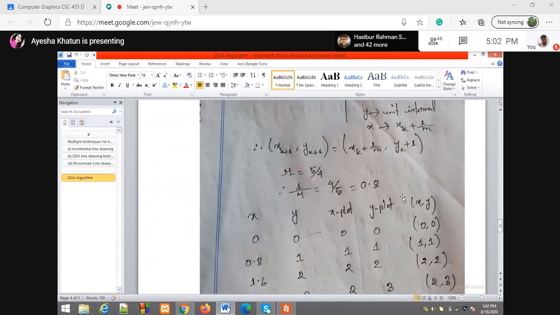One disadvantage of this DDA algorithm is that you have to round the function. You have to take the integer value from the fraction. So if you get a fraction value, you have to convert it to an integer value. If the digit after the decimal point is greater than or equal to 5, you have to take the upper value. If it is less than 5, you have to take the lower value. Since it is 0.8, that is the upper value, so we will consider 1. Okay, so we will get 1, 1.